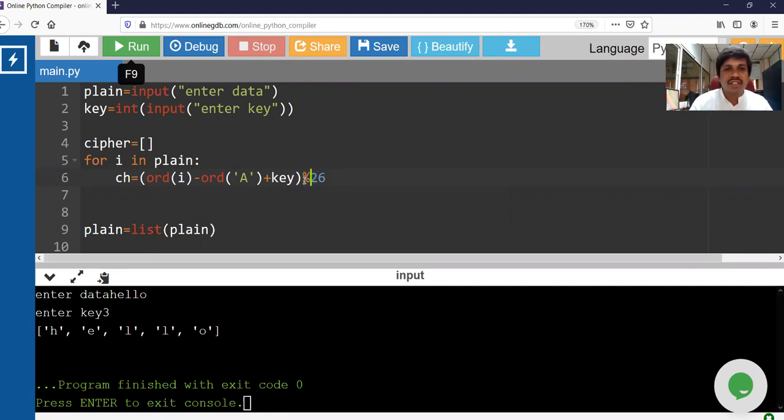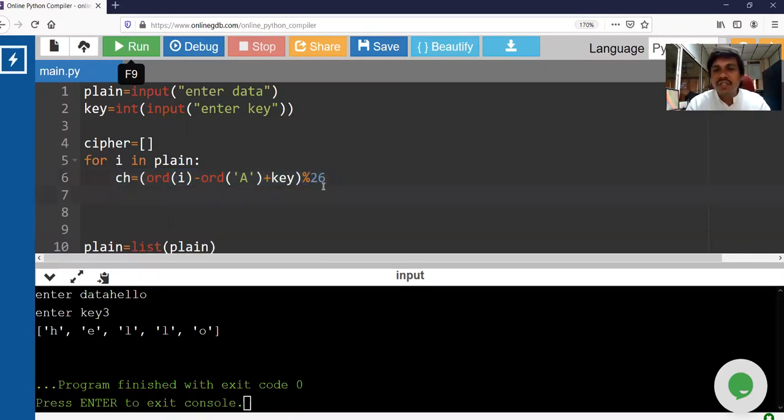Modulus 26. So your character from the plain text minus A will give you the index of that alphabet, and if the index exceeds 26, automatically it will be within the limits of 26 only. So this is my technique to shift a value.